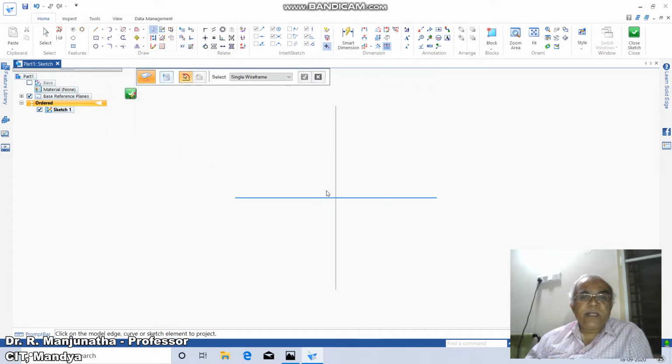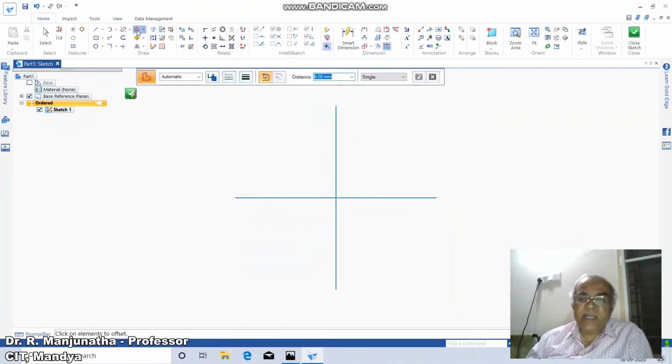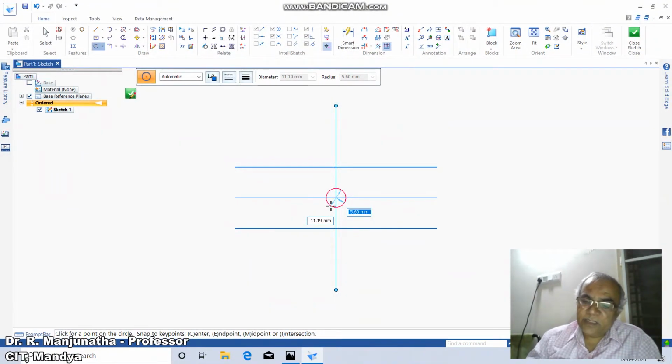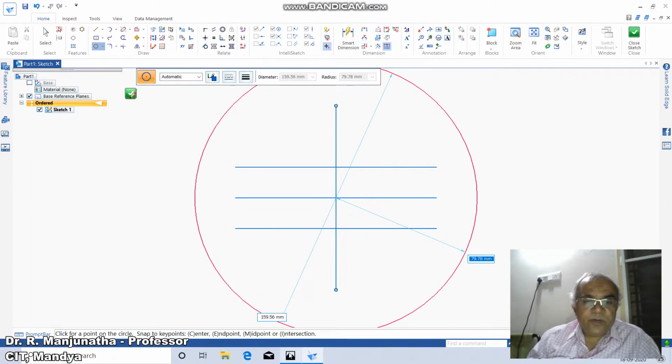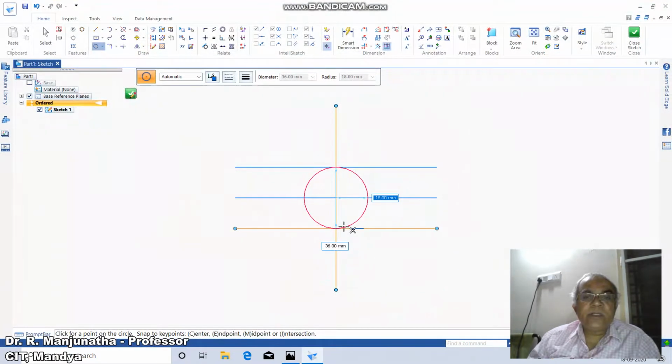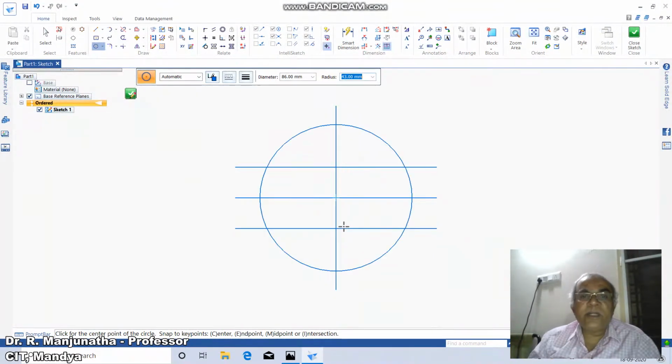You select this line, and then go to offset, take the distance as 18 mm because the total distance is 36. So you take it on this side and also on this side, and take a circle and take the intersection of this. This is in the diameter, so you just press the tab so that you are going to get a radius of 43. You take the radius as 43, so you're going to get this.